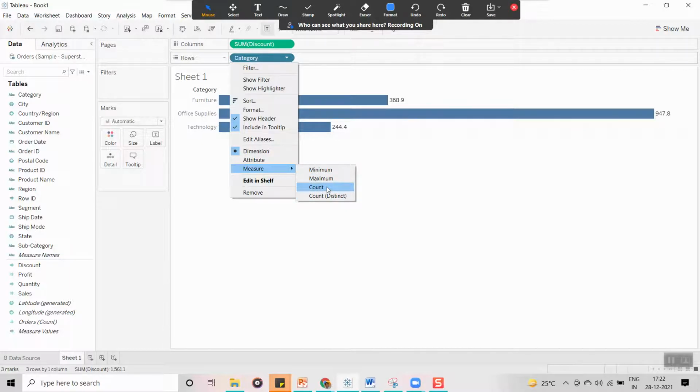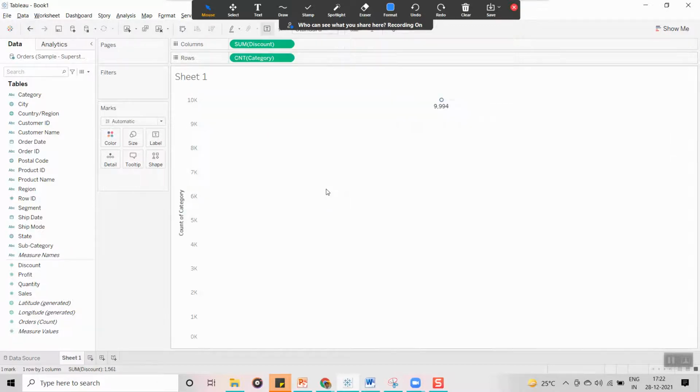Once you choose a measure, if you select any one of them, the blue pill is automatically going to turn into a continuous field and it is going to generate an axis. Now I am going to click on count. You can see guys, count of category, once I selected the count, it converted into a green pill.